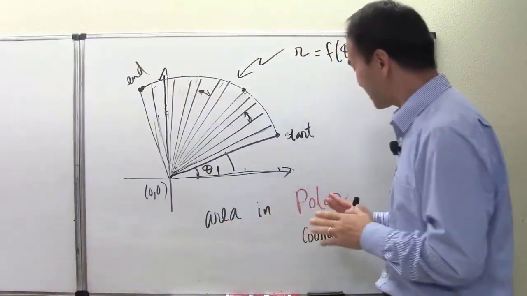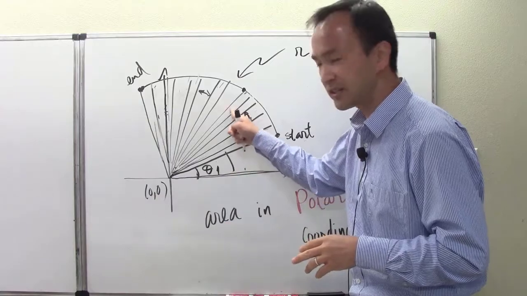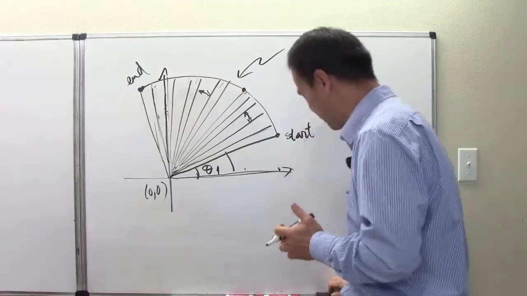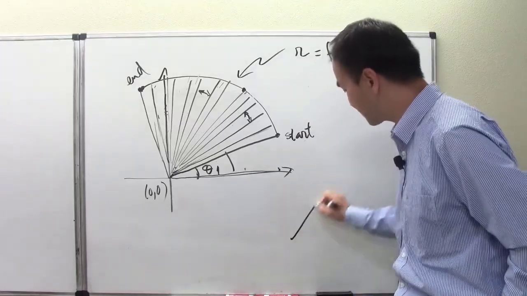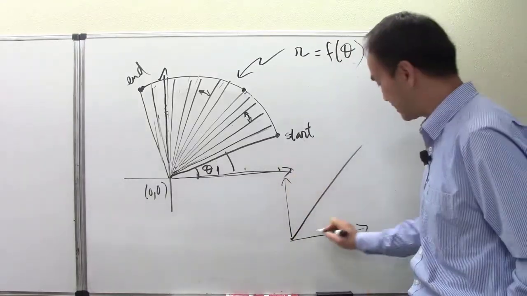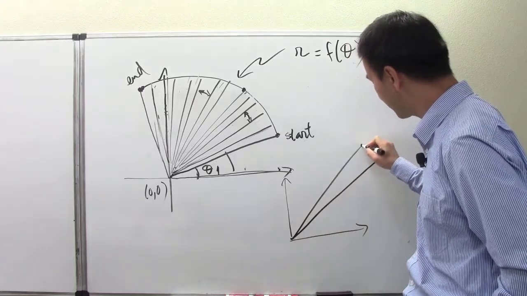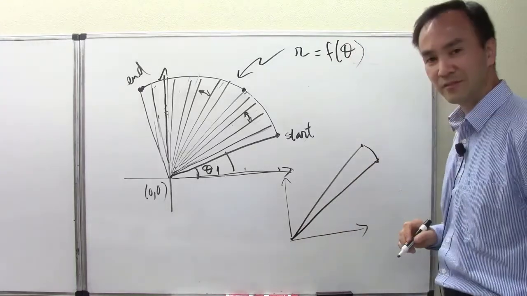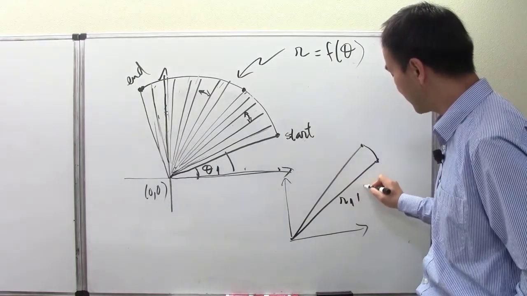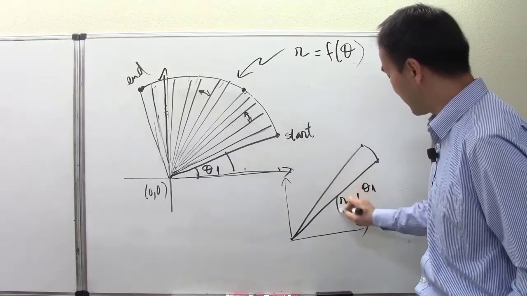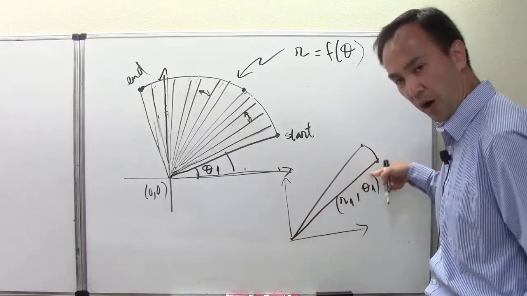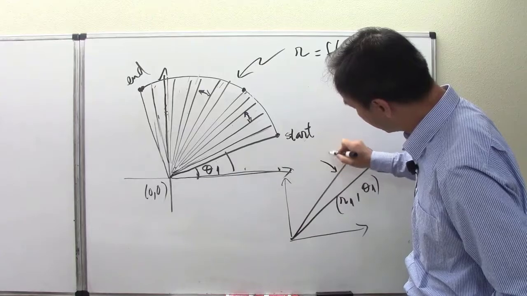So now, let's think about how we can find the area of each of these little sectors. Okay, so how do we find the area of each of those little sectors? Let's say you have a very small sector. Your pole is here at the origin. Okay, and then let's say we have a sector this small. We have a sector that small, and so this is radius r1, theta 1. This sector is that long, having radius as large as r1, and this other sector here has radius r2